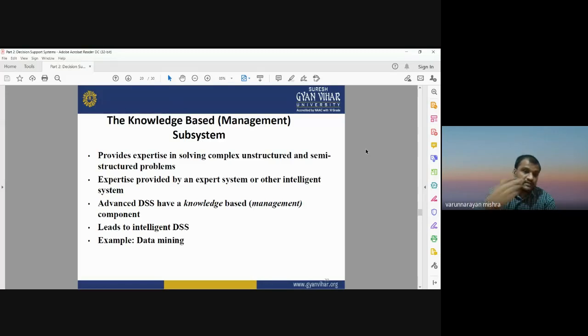So how efficient or how good we are in data mining, we can have a good decision support system. Okay, if we have good information about the database, then we can create a more efficient decision support system. So advanced data mining techniques can be used for extracting more useful, more accurate information about the database that can be used for creating a decision support system.